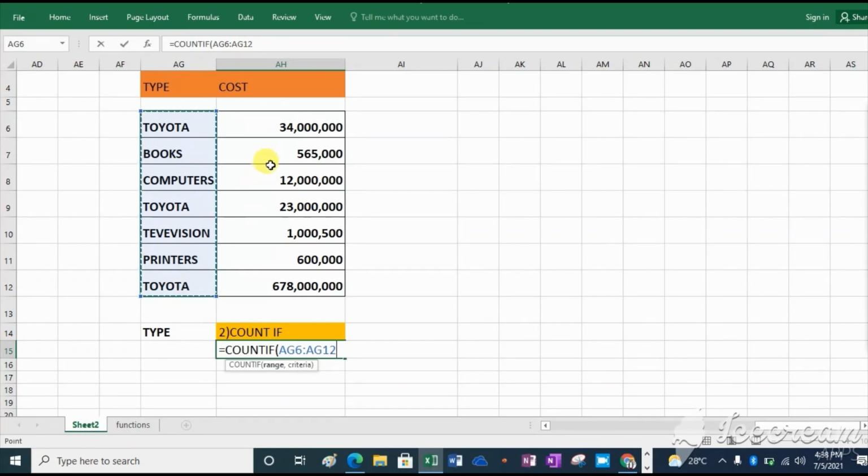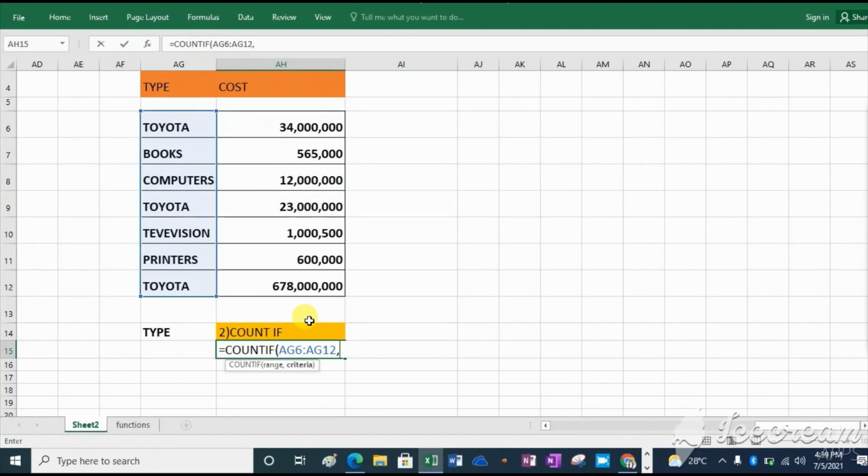These are the costs of the products. We need how many Toyotas are here, how many computers, how many books. So scroll down up to here as the range, then comma.